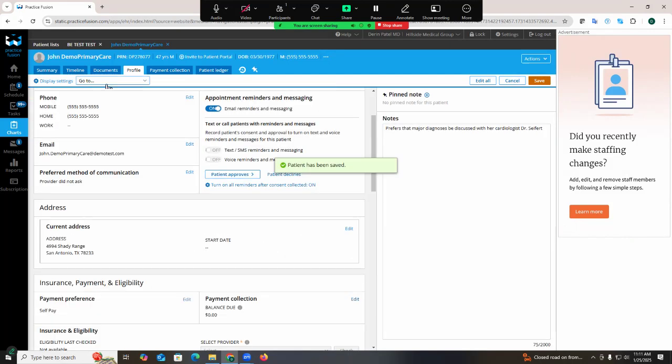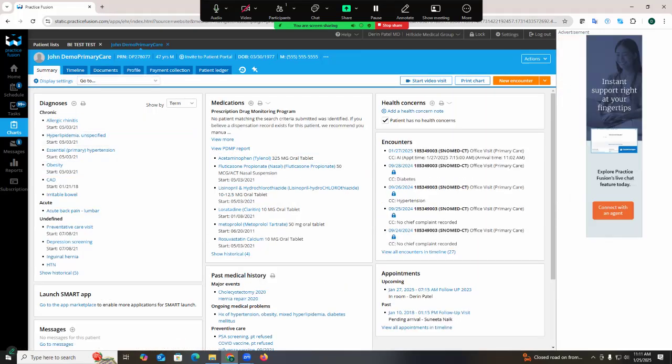And save. Done. So the accurate address was not there, but it's saved now. You really don't need to ever get into the payment collection in Ledger, but those are also there. So going back to summary, let's say you want to get to, now you reviewed this John's chart, and rather